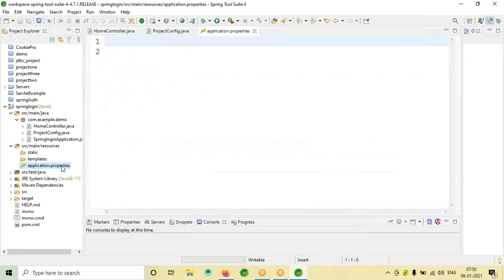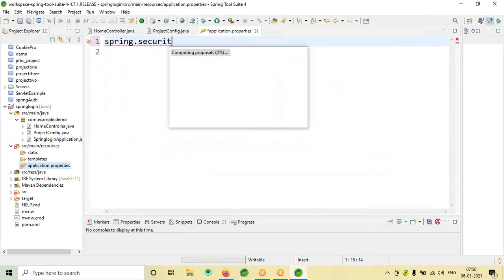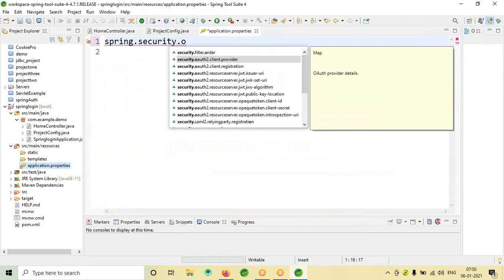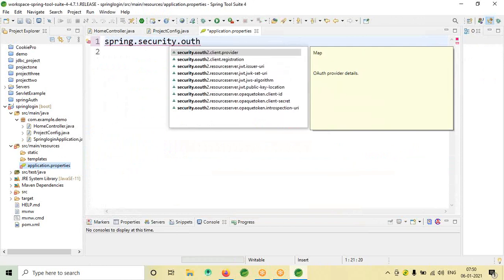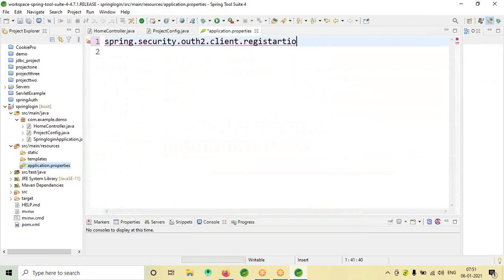So in the application properties, we just need to type spring.security.oauth2.client.registration.google.client-id is equal to,